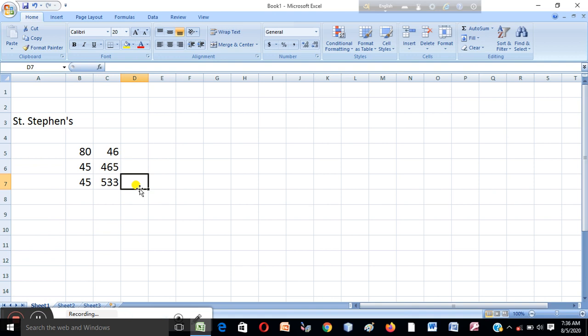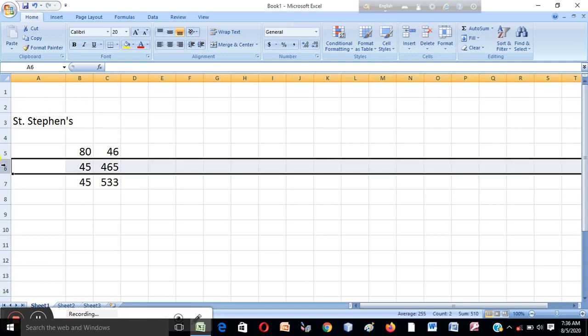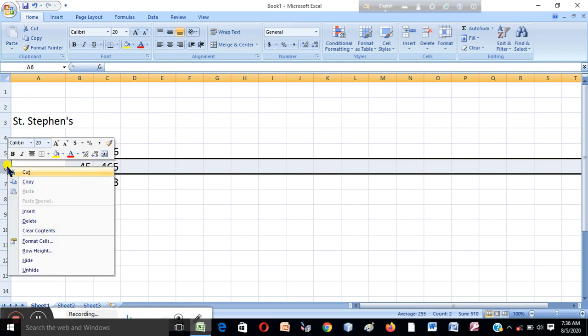And suppose you want to add one row in between 5 and 6. Just select the row, then right click and click on insert.